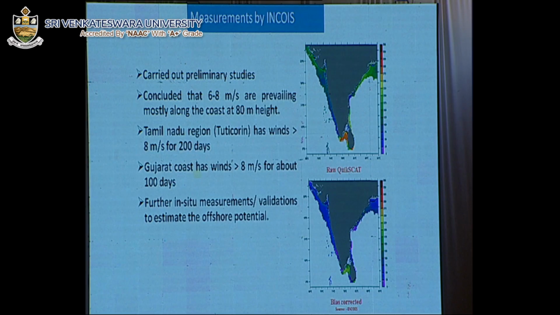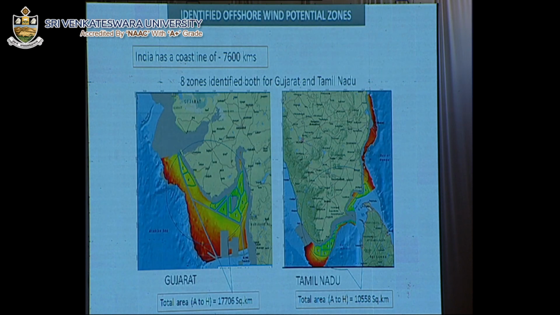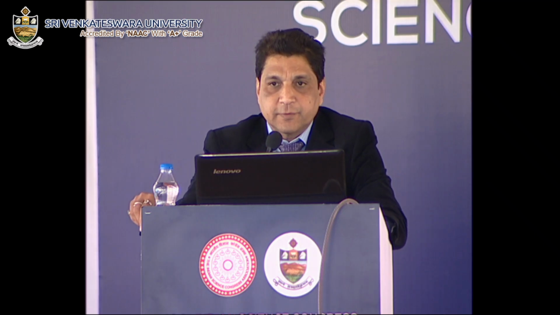Other organizations have also done wind resource assessments, like the Indian National Center for Oceanographic Services. Even they claim that the southern tip of the country, Tamil Nadu, and the western part of the country, Gujarat, has some modest potential, with wind speeds of about 7 to 7.5 meters per second at 80 meter level. With this, the Government of India, way back on 6th October 2015, came up with